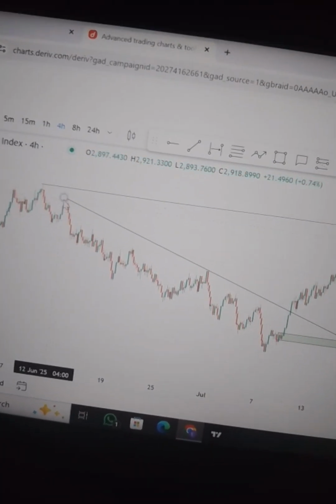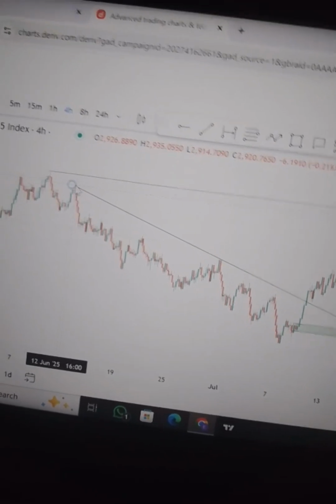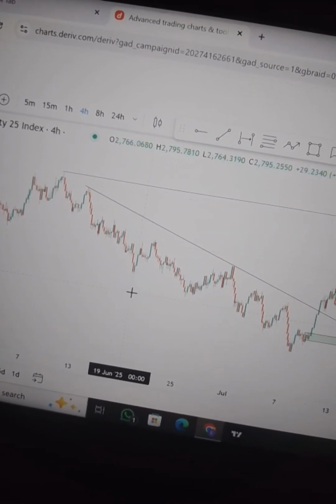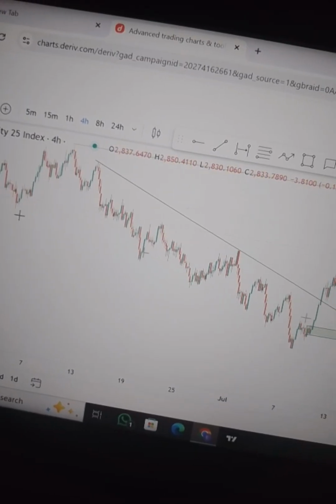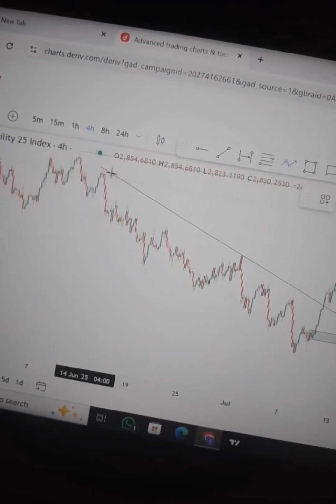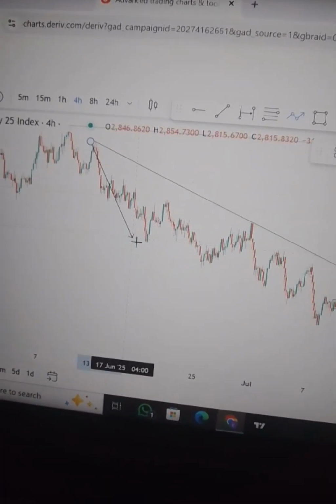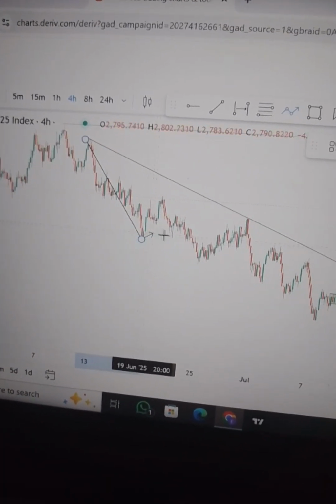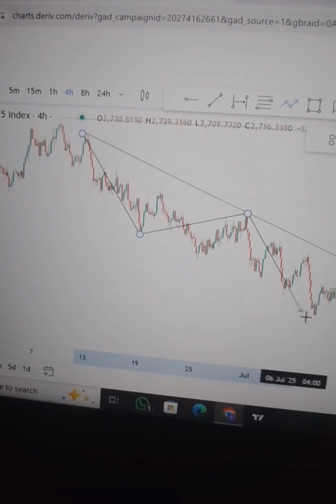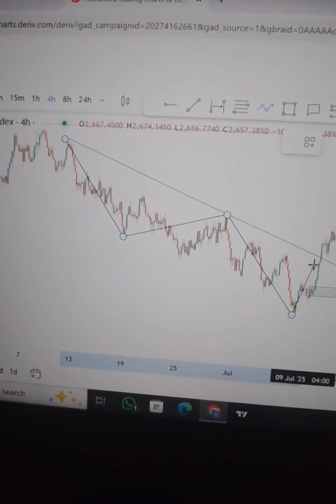The market, this is the first touch, and the market goes low. It touches here, it goes low. Touches here again, it goes low. And the second touch,